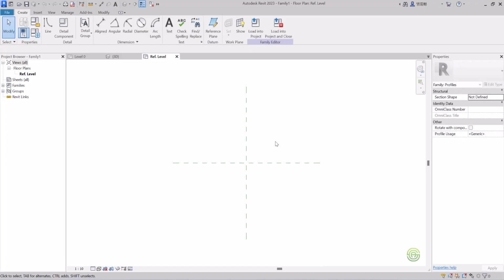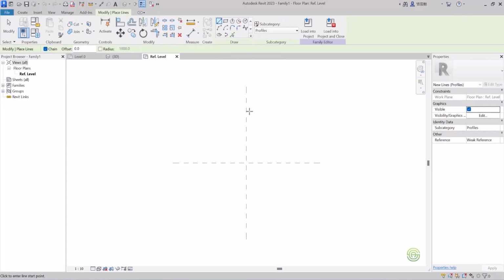It's a rule that in this metric profile, whatever profile you want to draw, you should draw only in this part. In this part alone, you have to draw. So now let's draw something. Just use this line tool and let's draw a skirting. So our skirting will be around 300,